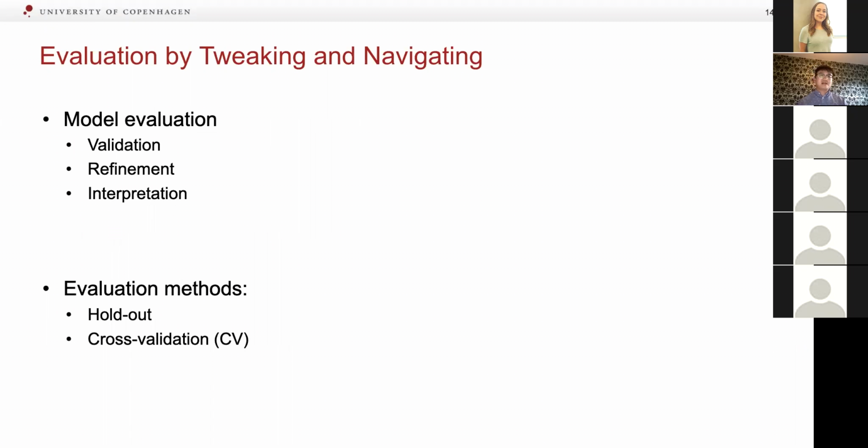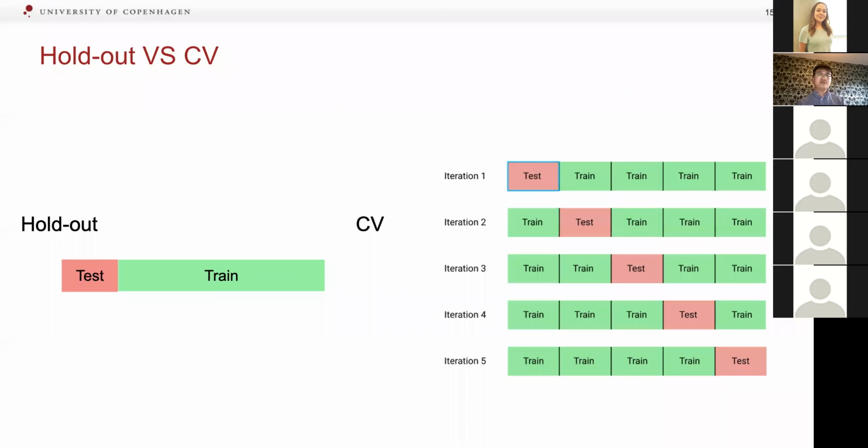At the very beginning, I started with the first challenge to explore how visualizations can help users evaluate models. Model evaluation is an important part of the model building process, which requires a deep understanding of how to validate, refine models, and interpret model statistics. Holdout and cross-validation are the most frequently used methods for the evaluation. As you can see from the figure, the 2 methods have different implementations, but the common ground is that the evaluation can be divided into 2 stages.